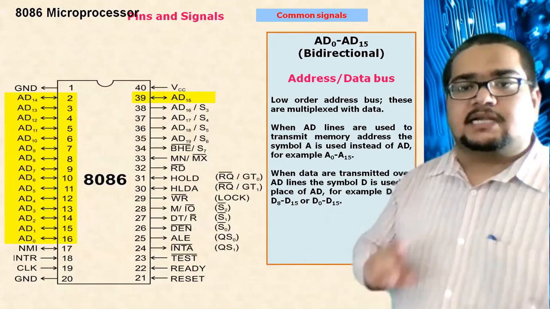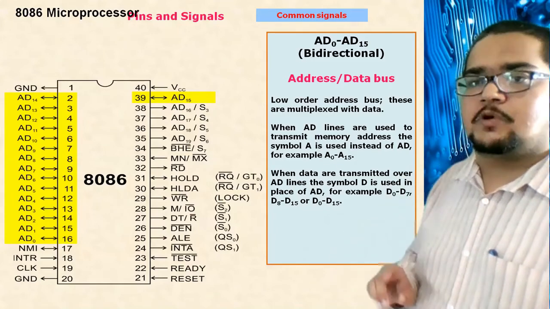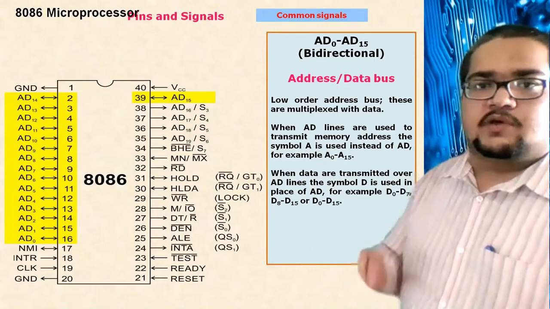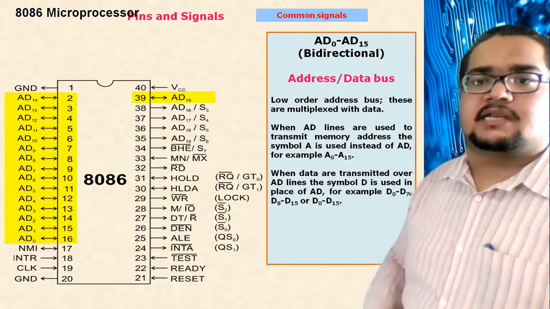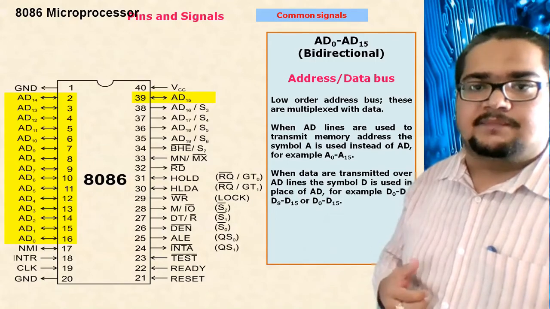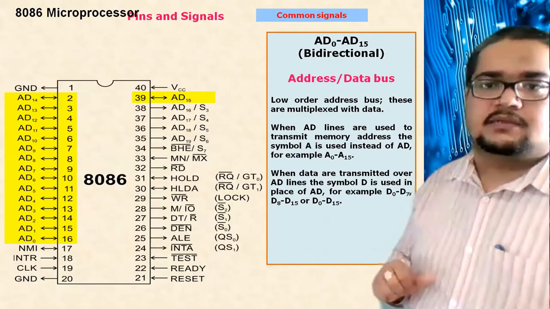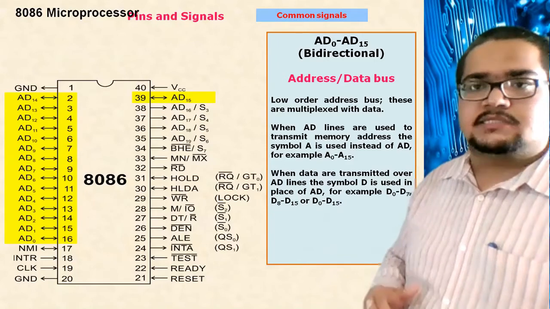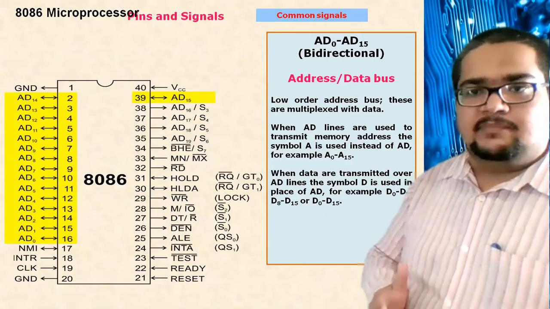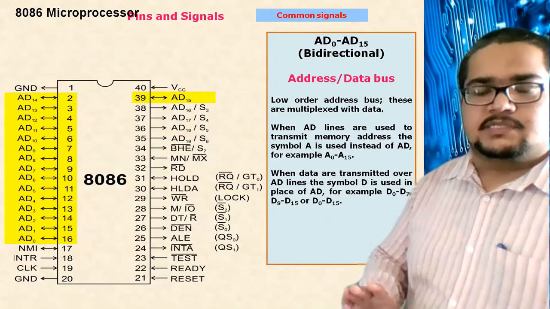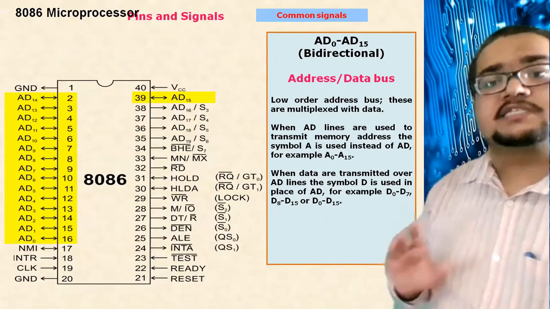Now, one may question how it is possible for the same line to function in duality. They can work as an address bus, they can carry address, they can carry data. How is it happening? It happens on the basis of the time multiplexing technique. Time multiplexing means that at a certain moment of time, that bus will either be the address bus or the data bus, not simultaneously. So it is time multiplexed.